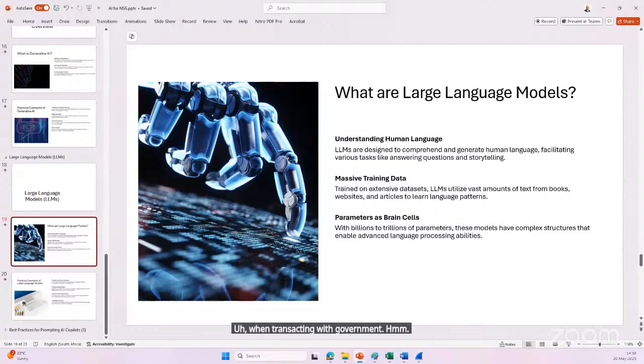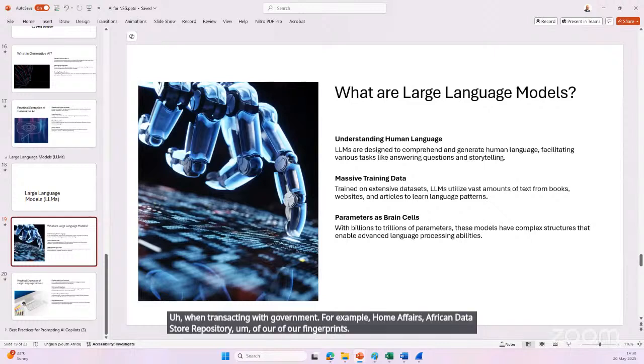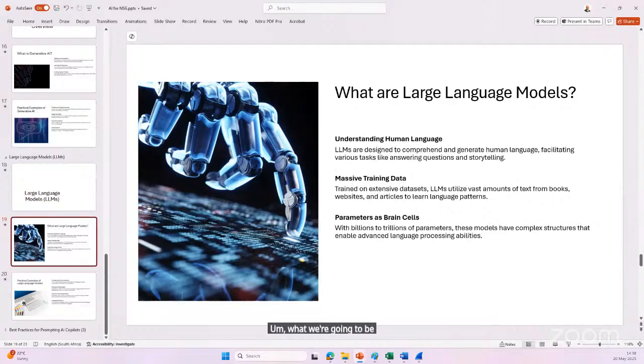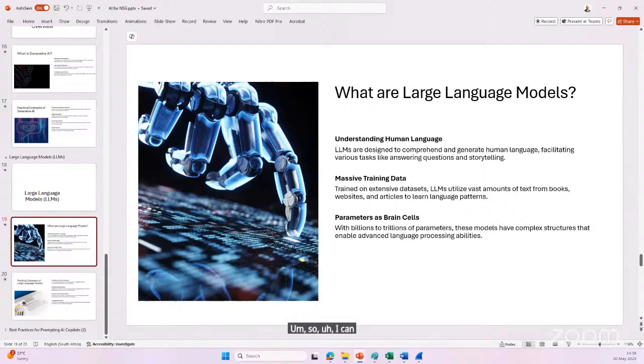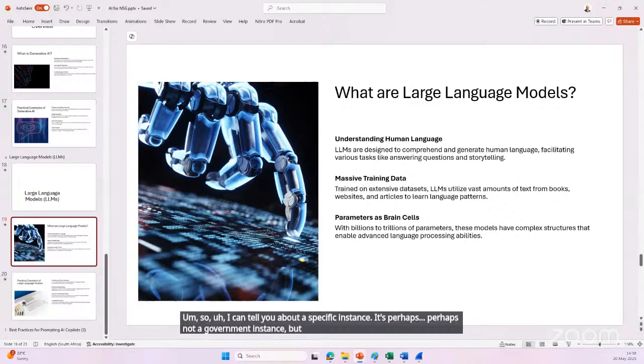For example, Home Affairs has a South African data store repository of our fingerprints, or perhaps facial recognition, or perhaps sometime in the future, we're going to be using electronic voter identification or electronic voter registration. So I can tell you about a specific instance. It's perhaps not a government instance, but perhaps it will